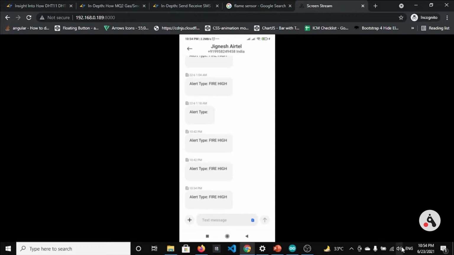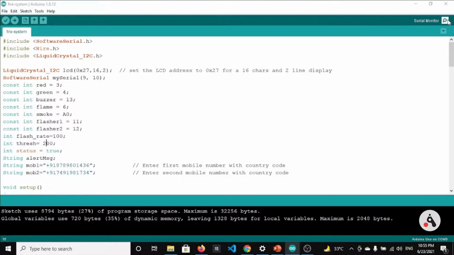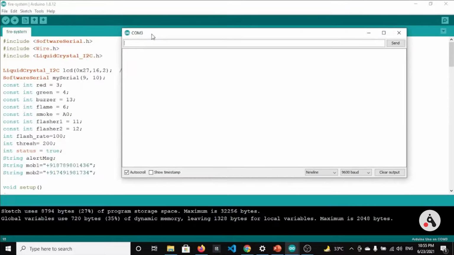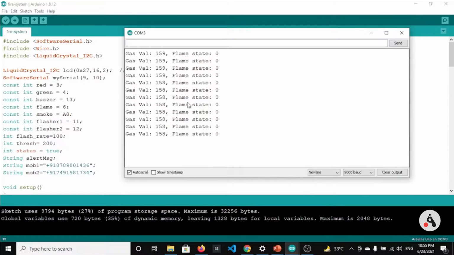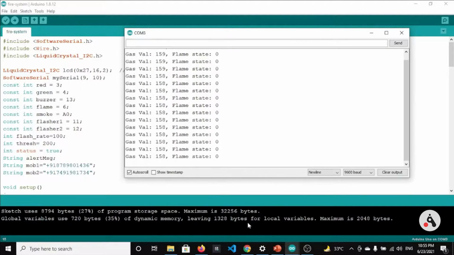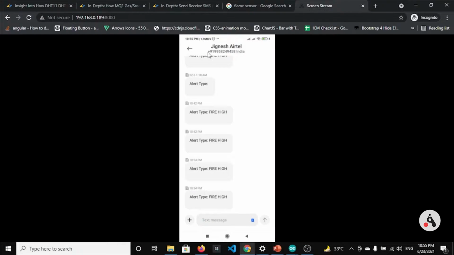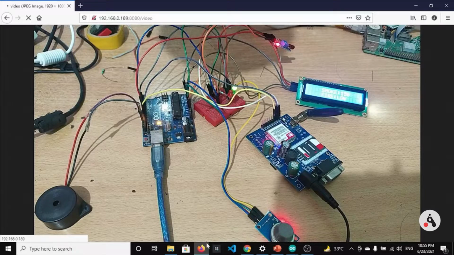For now it is 10:54, and we have received one message, and a second message. There are two messages basically received. This one is on my first SIM and this one is on my second SIM. I have written an Arduino sketch with which I am sending two SMSs, to two mobile phones. Currently the flame state became 0 again, and when I triggered it, it became 1, which shows high on this screen.